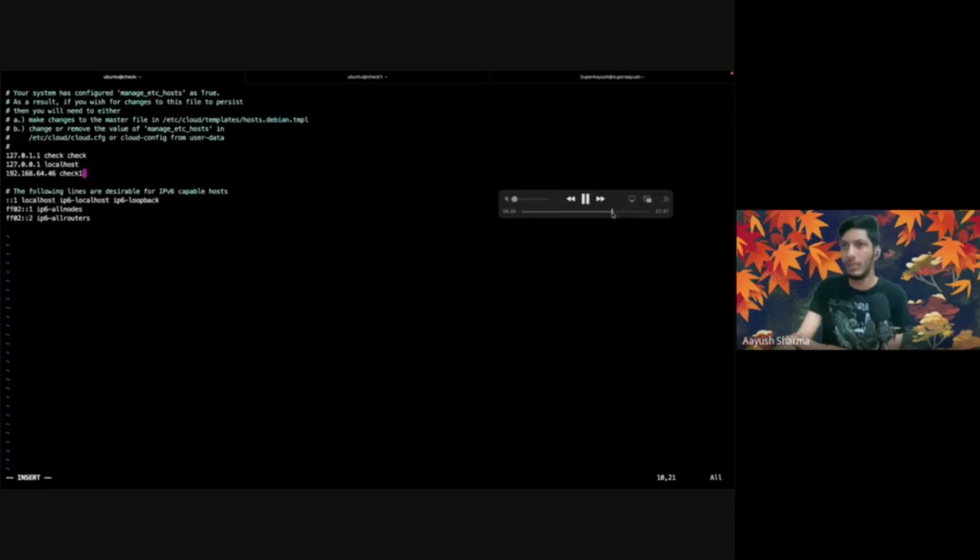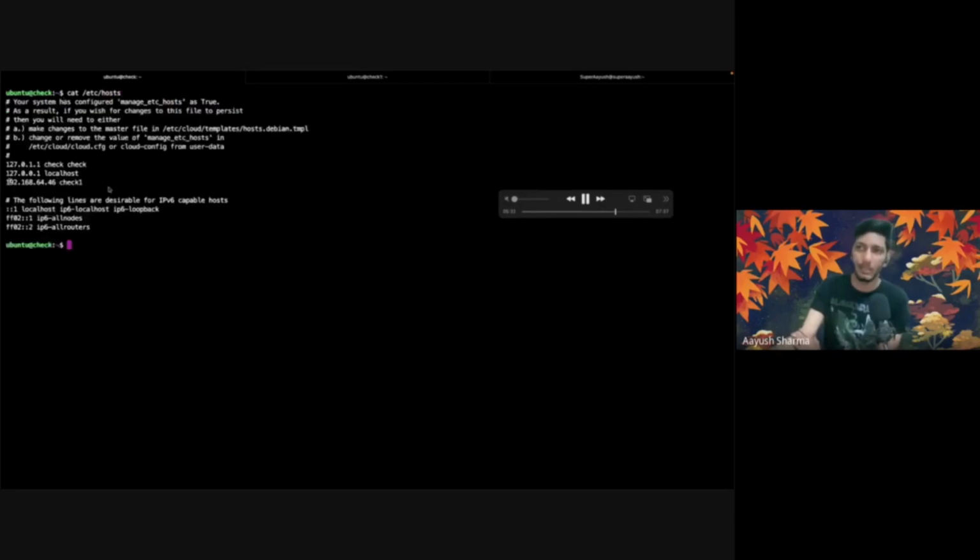So create a new link by running MicroK8s add node. It's good to have a new link. Here I am double checking that the link is added. So it's added here. I'll do MicroK8s add node. I'll get the link. I'll go to check1 and I'll paste it. Right. So it will show you that it is contacting the cluster at this IP,